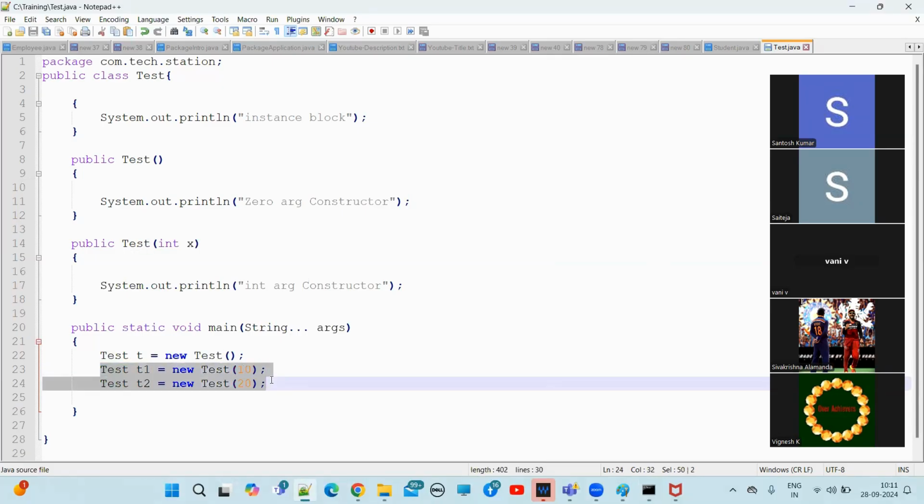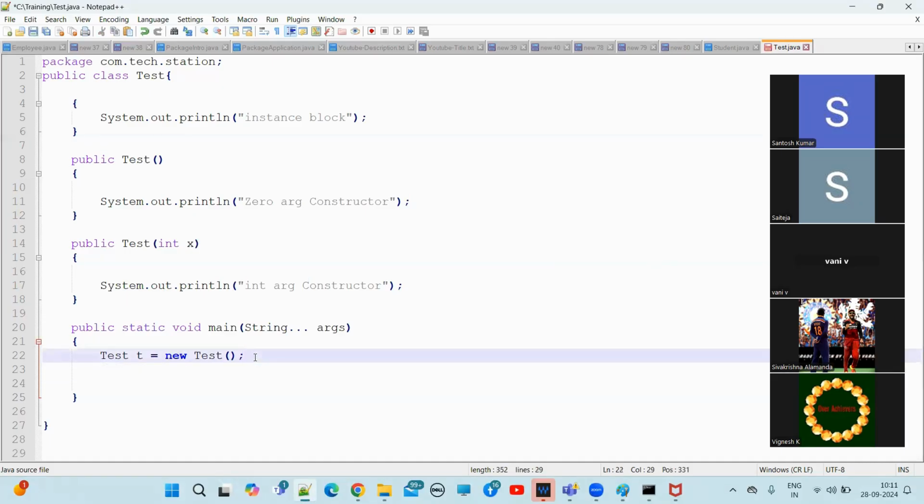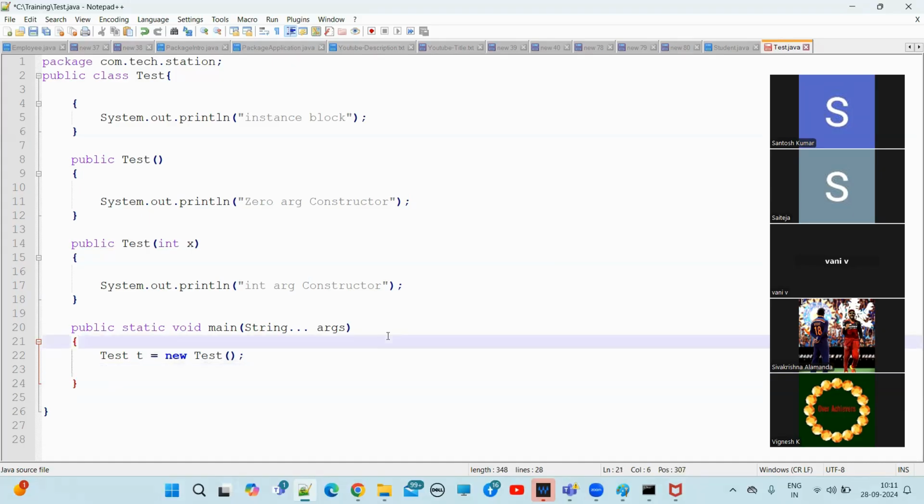No. Let me comment these two. I'm creating only one object. So now, I told you, right? Which one will execute first? Instance block logic will execute first. Okay, later the constructor. Now see,